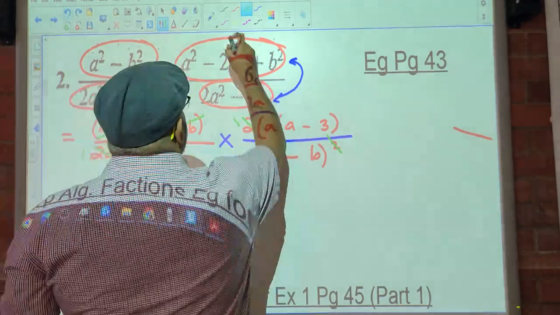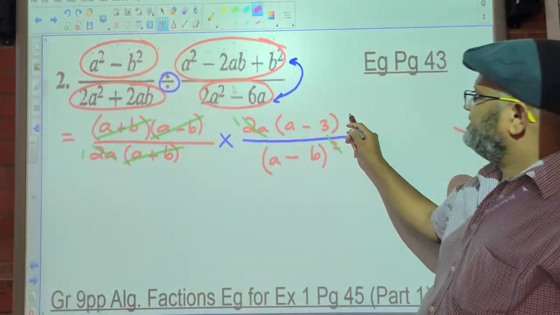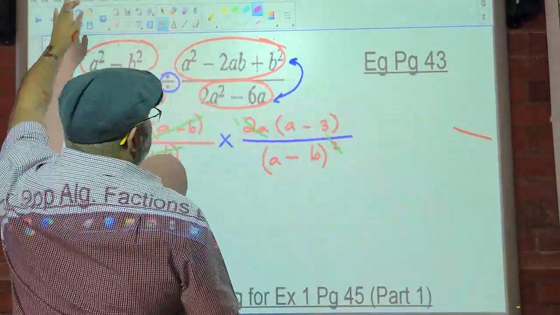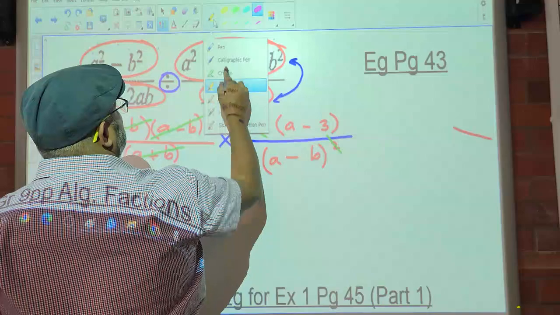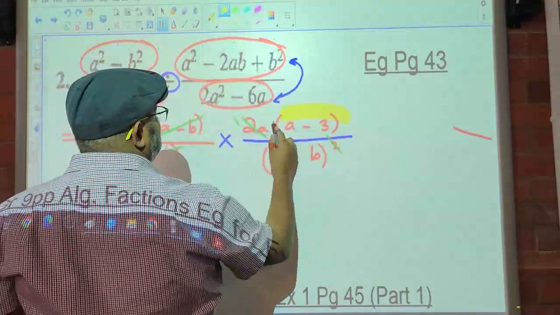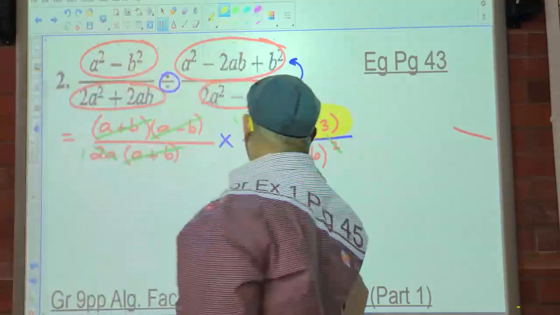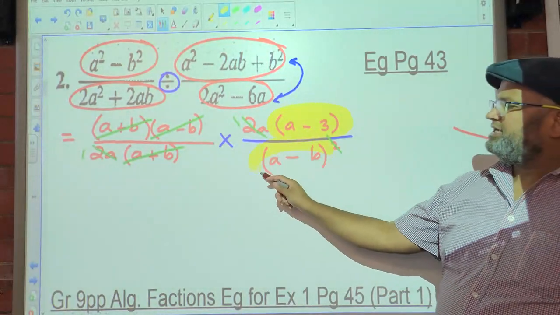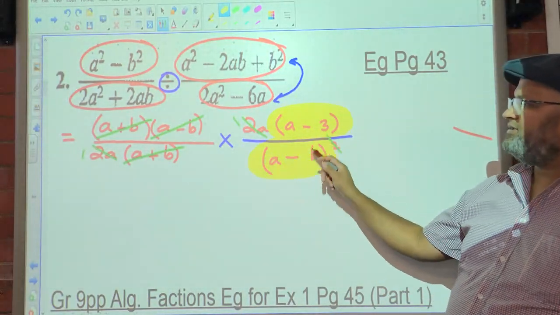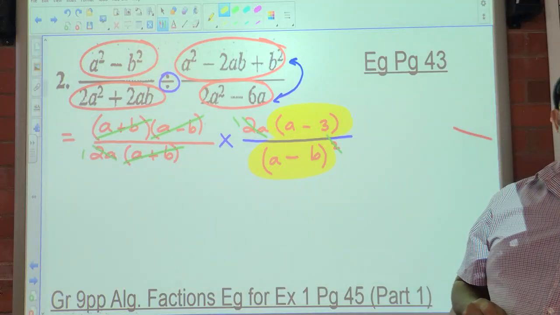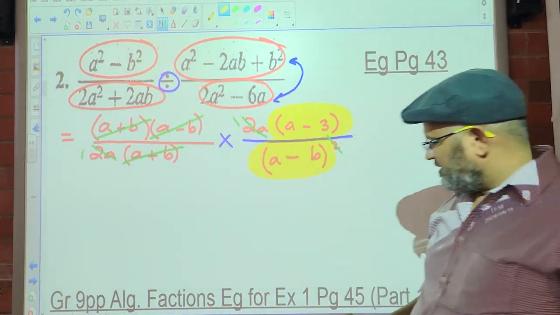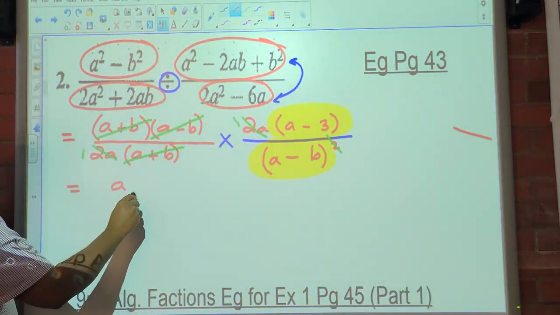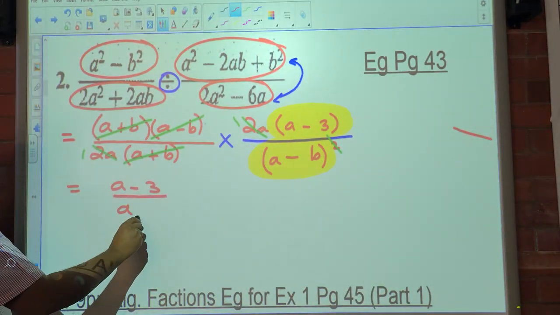The second fraction, what are we left with? We're left with a minus 3 and, can that cancel, people? No. So what is my answer? a minus 3 over